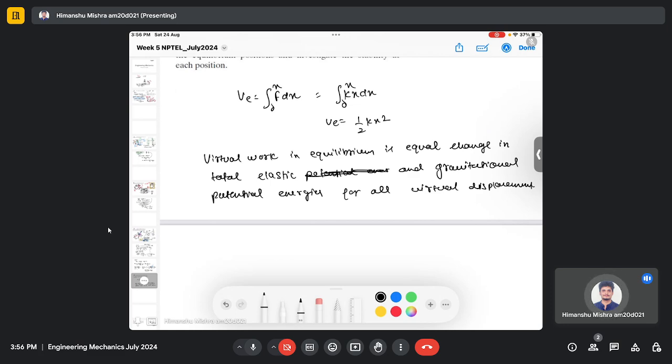So until now we have seen the principle of virtual work done, which equals 0